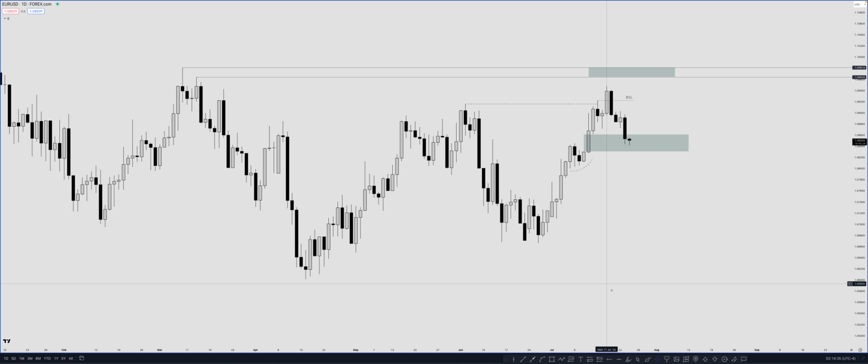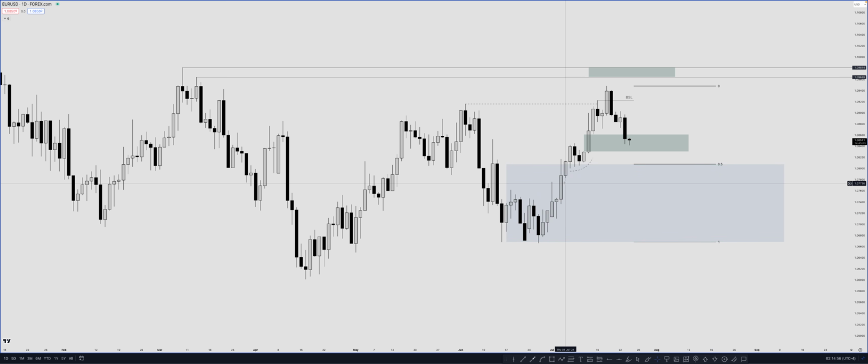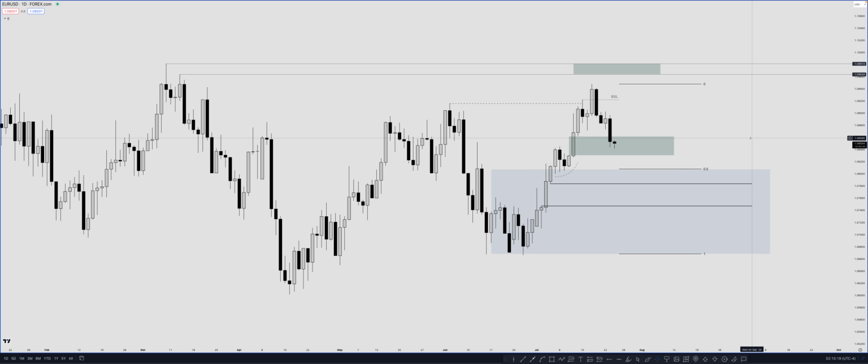So now if we focus on this dealing range right here on daily time frame, we have this view right here. So you can see that equilibrium is lining up with this low resistance sell side liquidity. What we have below in the discount side of the dealing range is this fair value gap. So now the first thing that pops in my mind is that we should see potentially an even deeper pullback,